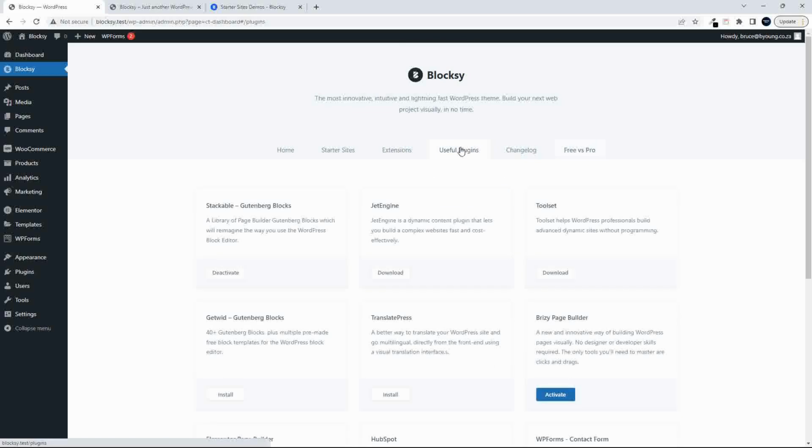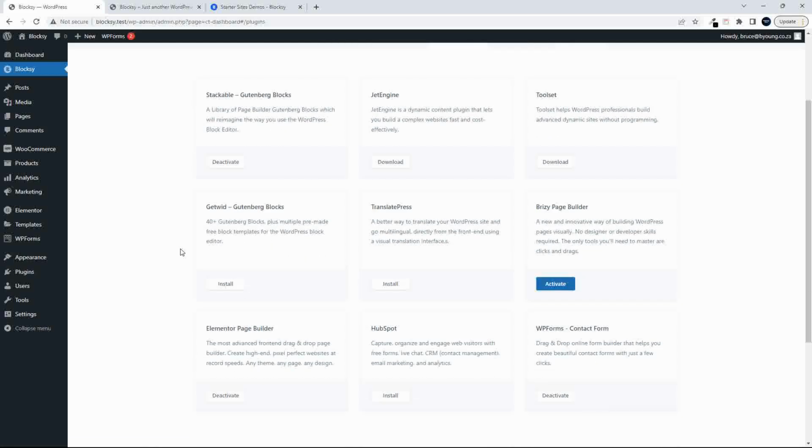Then we have some useful plugins. So these are recommended by Blocksy because they work well with Blocksy. Some are for page editing. You'll see here, for example, Brizy is a page editor. Toolset is a system for building professional websites. So that integrates